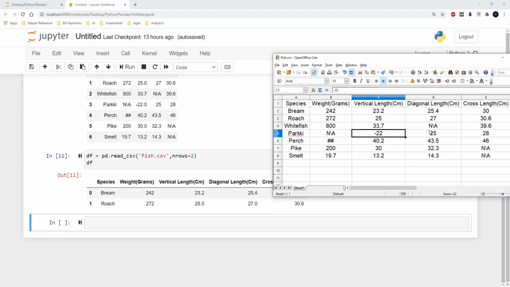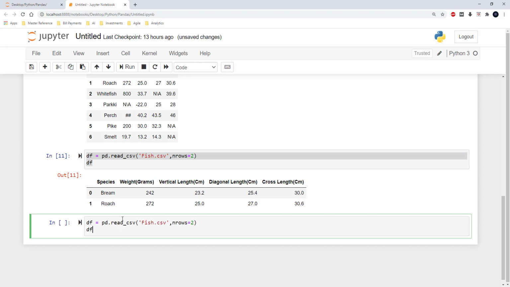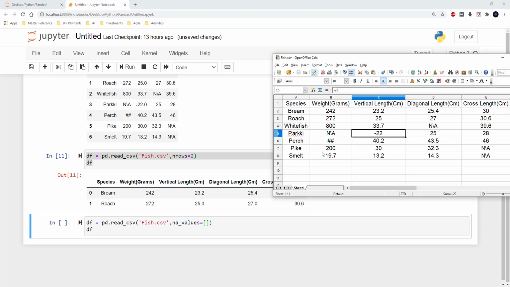So in order to do that, I can use na_values. So I am just going to use the same read_csv, and then I am going to use na_values as one of the parameters.